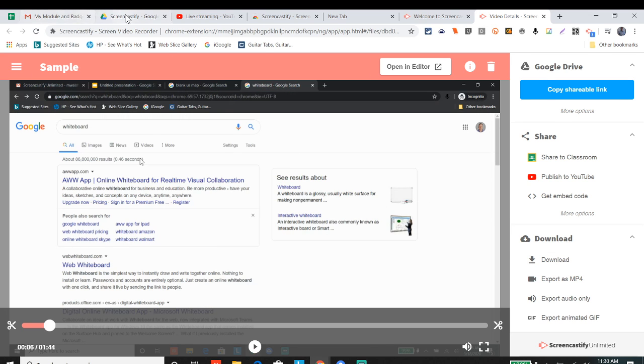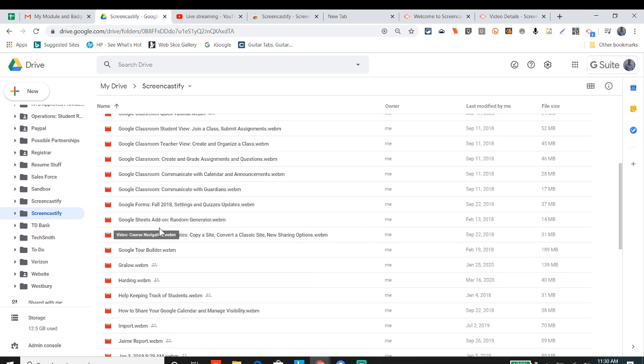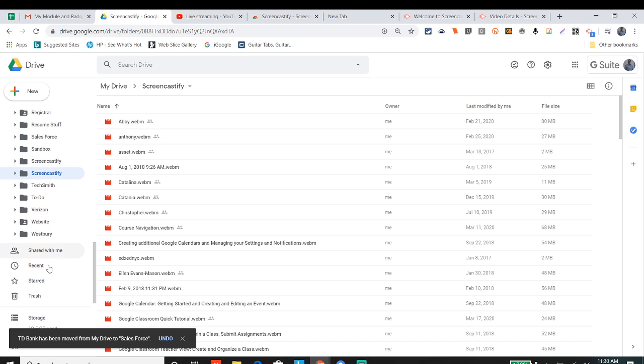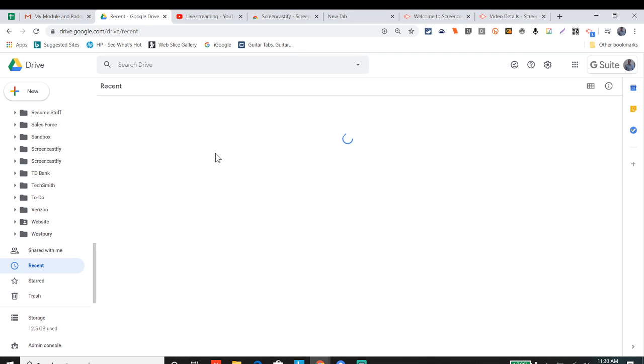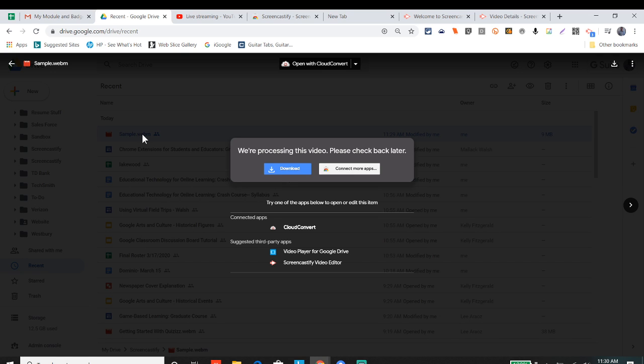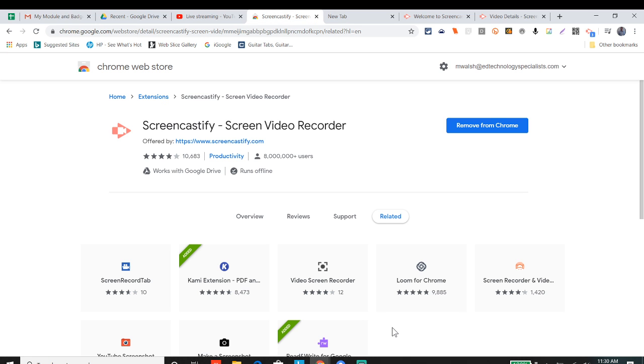So I think the best part about this is the fact that it automatically saves to your Google Drive. I'll just put recent really quick just to show you. And there it is. Okay, they're processing the video. So that is a quick tutorial of Screencastify. I hope